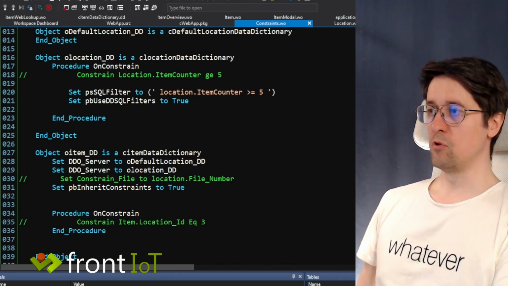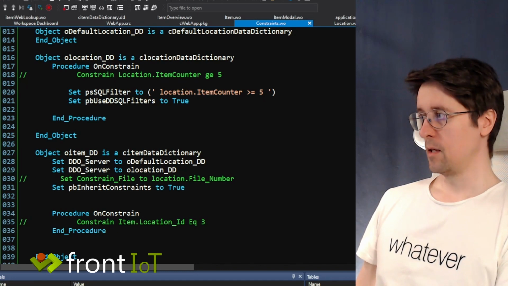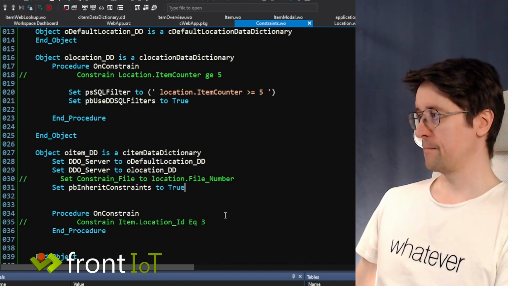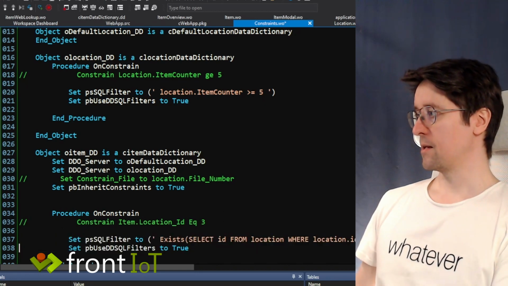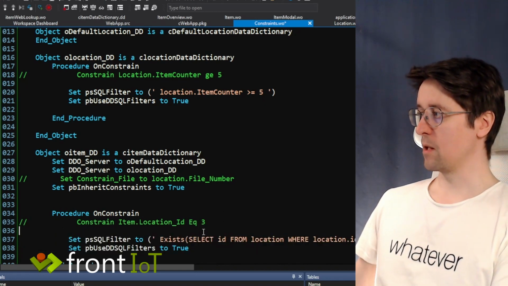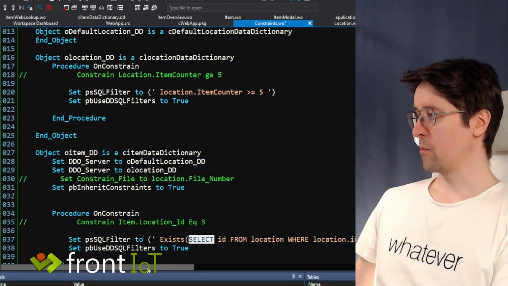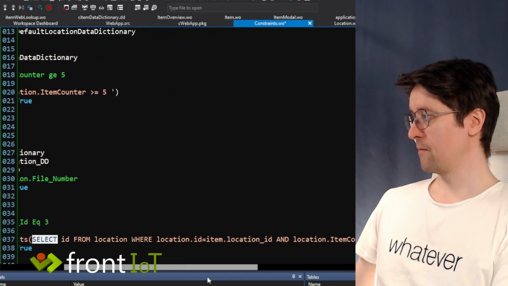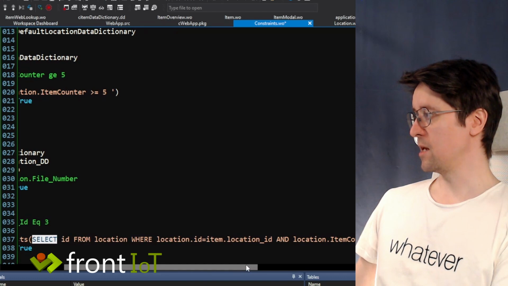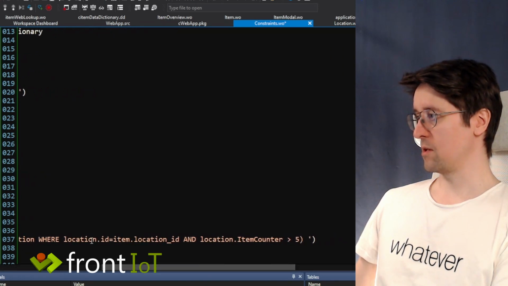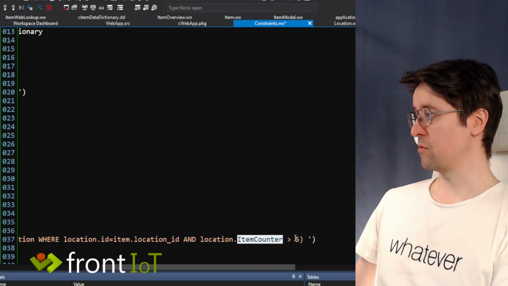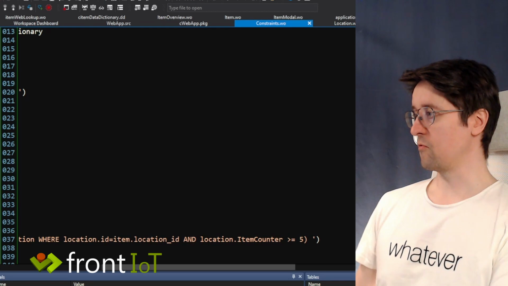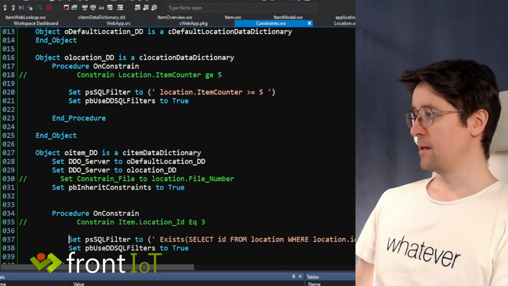So what we have to do in order to fix this is go into the child and set a special SQL query where we set the location ID equals location item.location ID, and the location item counter is greater or equals to 5, and then